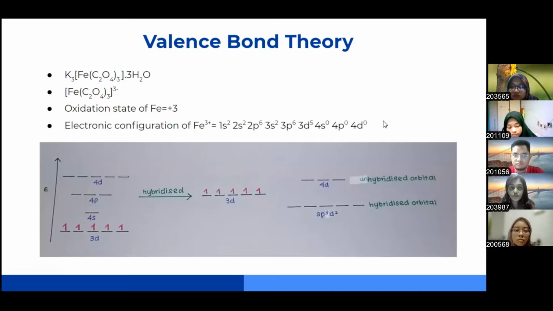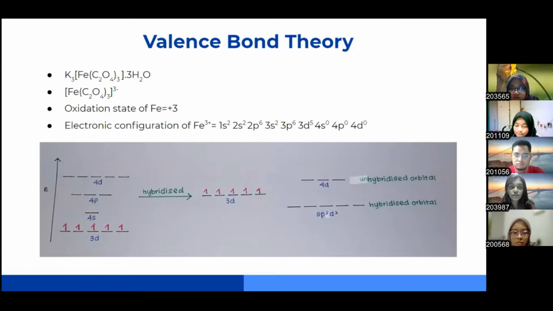So now I'll be explaining about the valence bond theory, in where the formula for potassium oxalato ferrate trihydrate is K3[Fe(C2O4)3]·3H2O. And now I will explain to you about the oxalato ferrate(III) ion, in where its oxidation state is 3